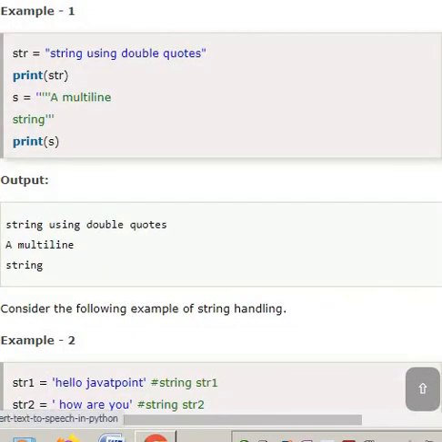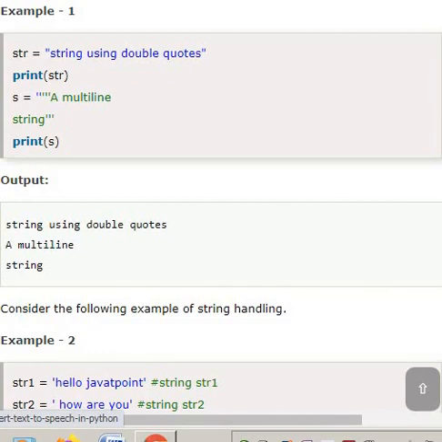Let's see a few simple examples here. Look at example 1. str is equal to string within double quotations.